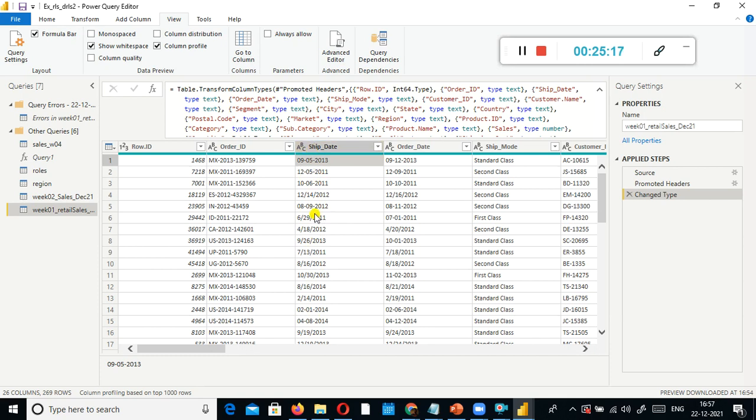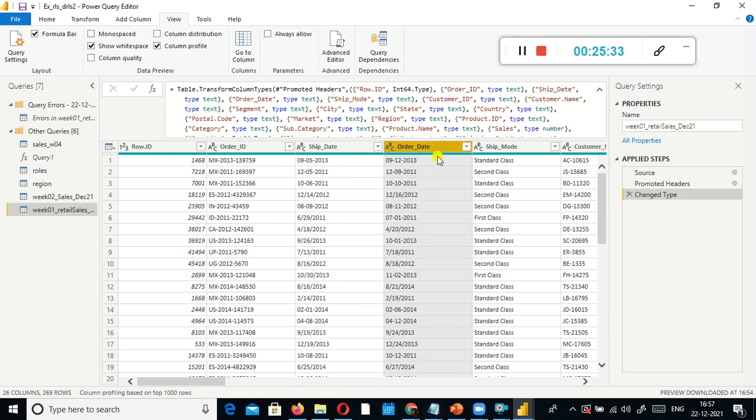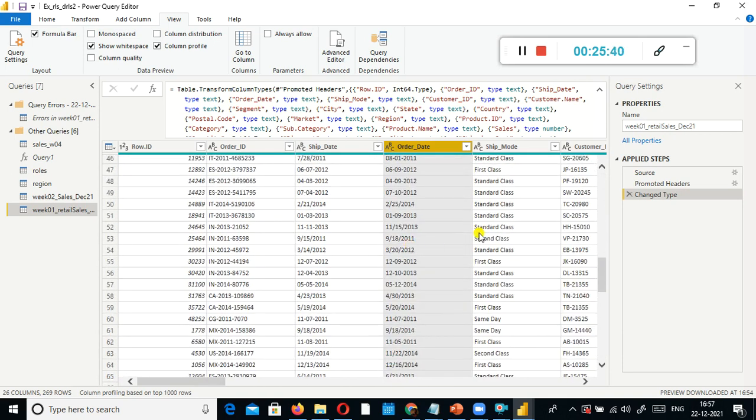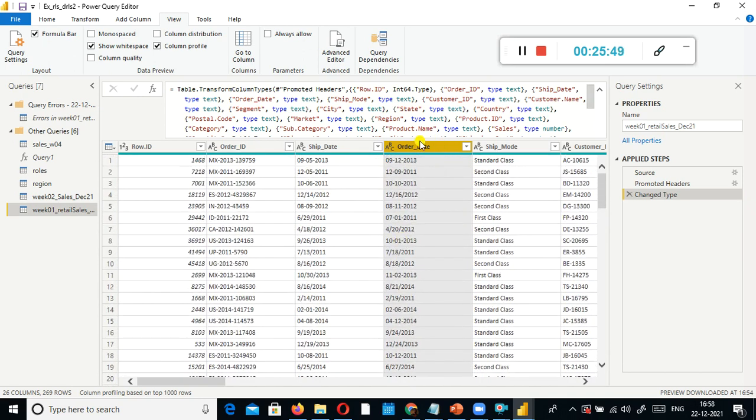Okay, somehow they've given this data, we have to live with it. And this one, what is this? It is month date, the US date format, which is good.